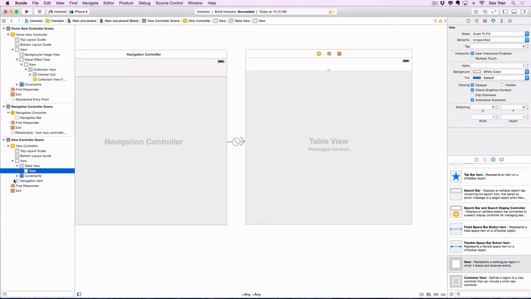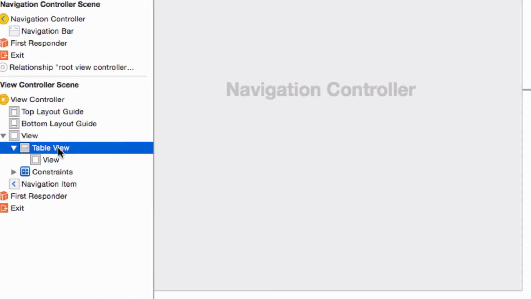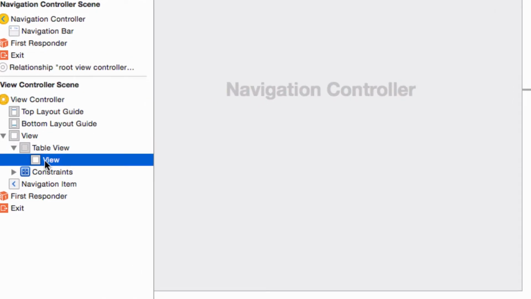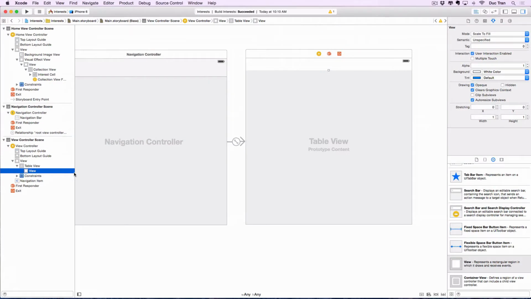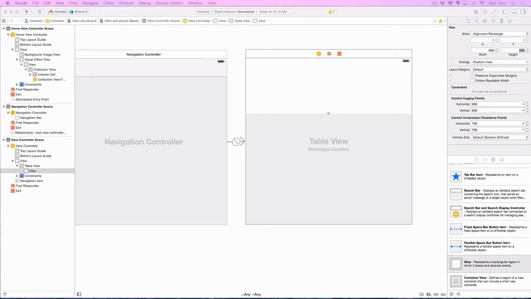Okay, you should make sure that it is inside the table view. It is a subview of the table view. Okay, just like that. And then we want the height of that, by default, to be 200. The height to be 200. It should be like this. Okay. So the next thing we want to do is we want to have the background image of this table,